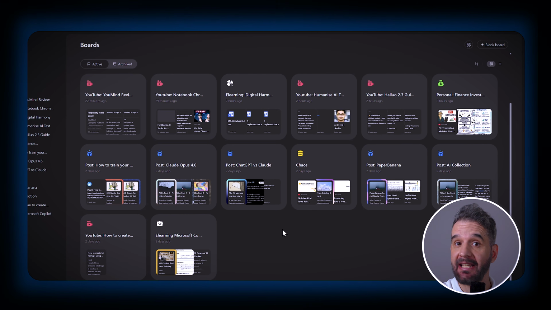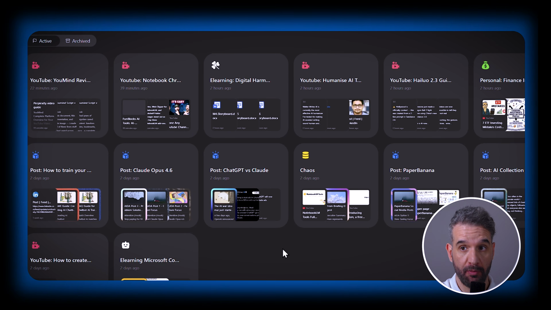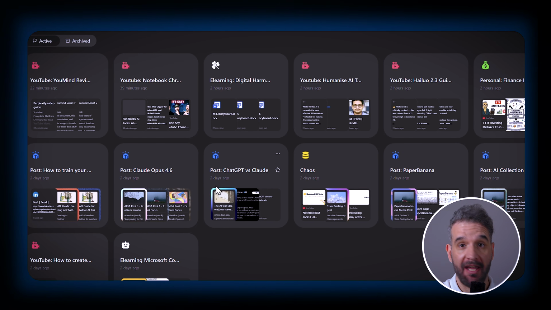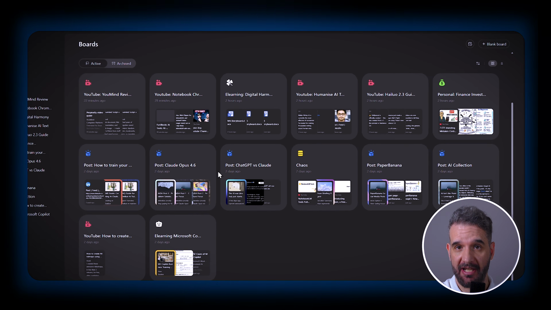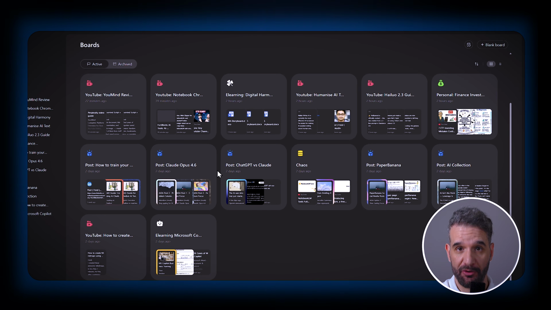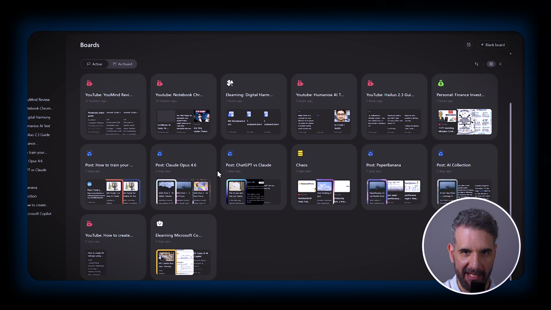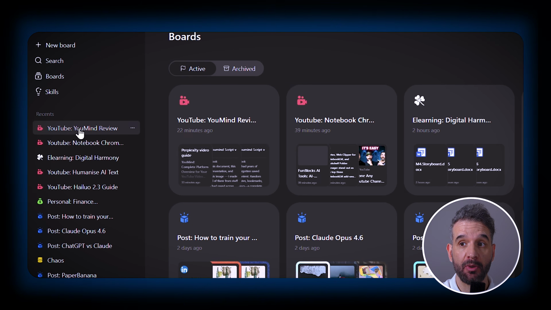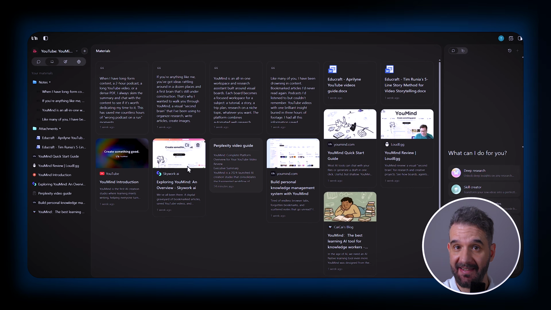First thing you'll notice is that YouMind is built around boards. Think of a board like a project folder. Everything related to a topic goes there. As you see, I've got several boards, each for a different project, pretty much like NotebookLM. For example, here is the board I created to help me explore YouMind's features and write the script of the